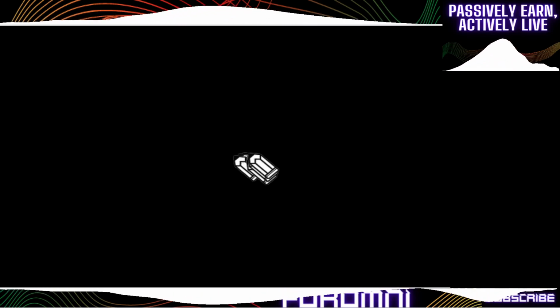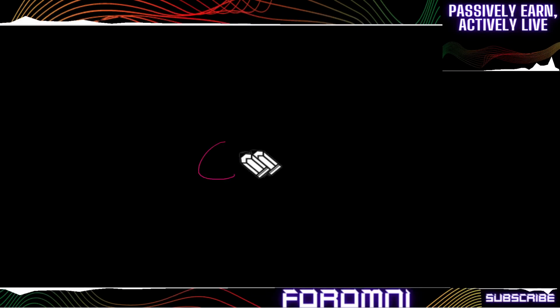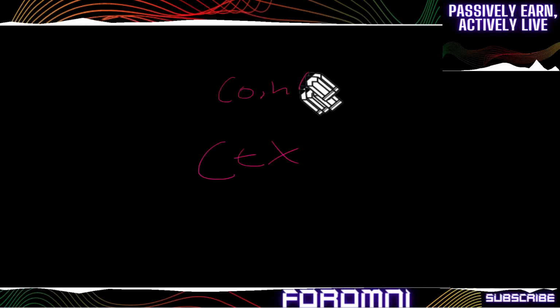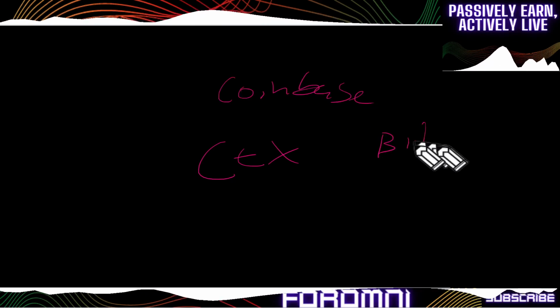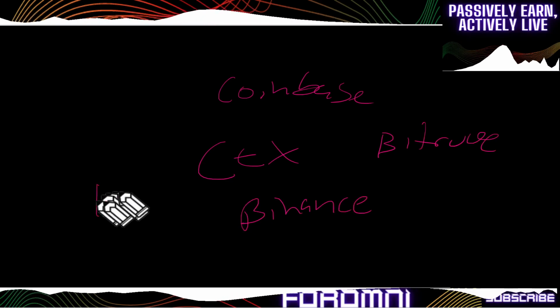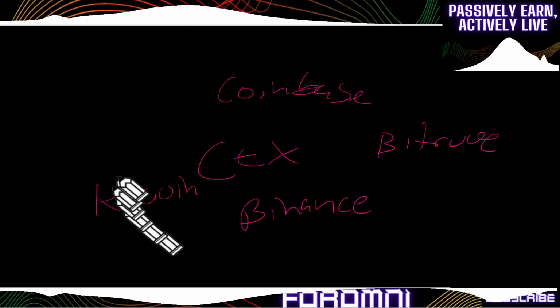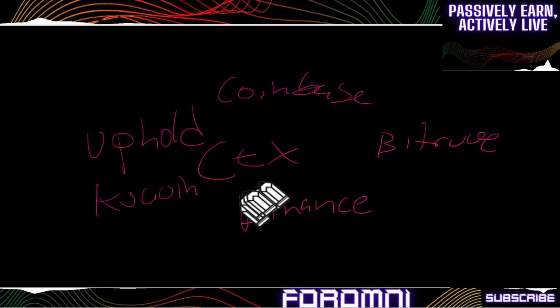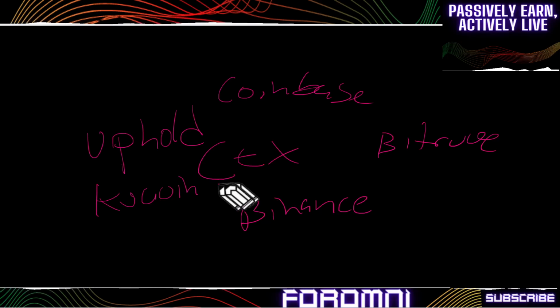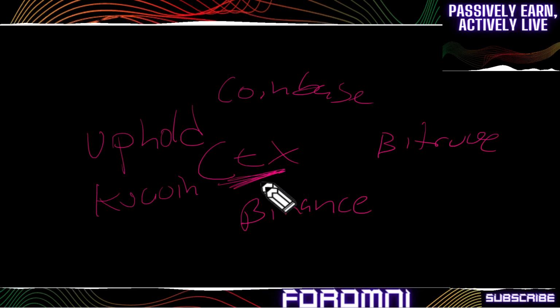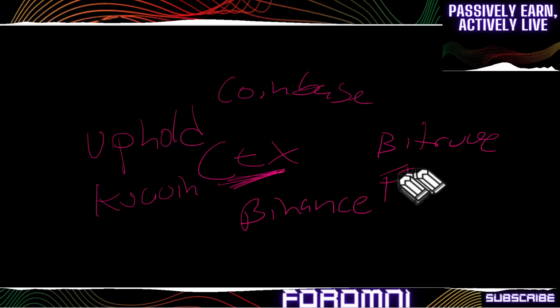So what I mean by that is you have all of these centralized exchanges, and these are Coinbase, Bitrue, Binance, Qcoin, etc., etc. Like all of the ones that own your assets because they own your crypto. This is the perfect example of not your keys, not your crypto, because it's on a centralized exchange. So ultimately they own your assets, kind of like with FTX. What happened with FTX? We put FTX in here too.